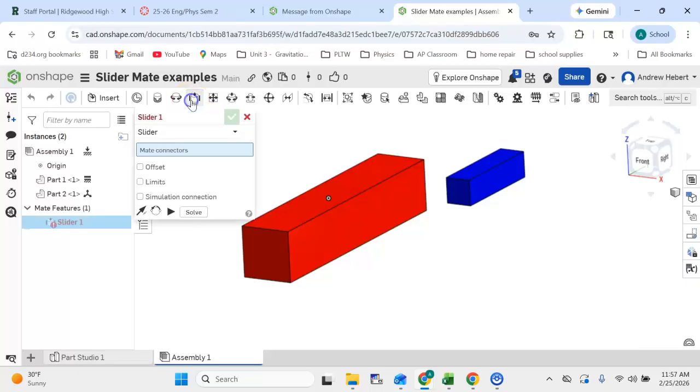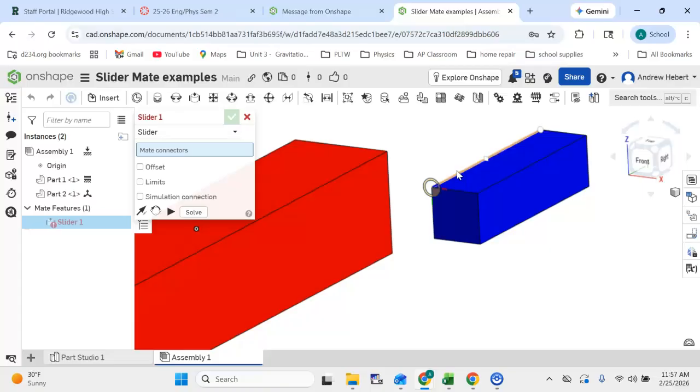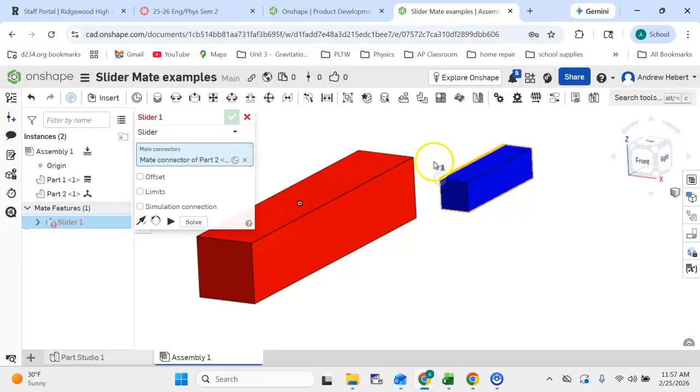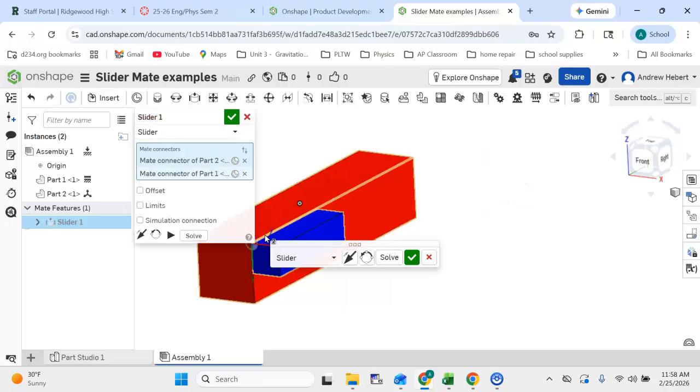So here we go. Slider mate, and I choose an edge. I hover near the edge, and I don't want the center, I want the end point right here. And if you notice, the blue axis is pointing in the direction of that orange highlighted line. And then I'm going to match that to this line right here, but not at the center, at the beginning. So I go back to the beginning and I click, and now they're connected,